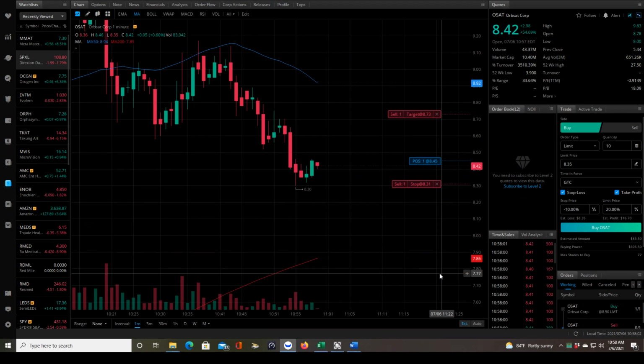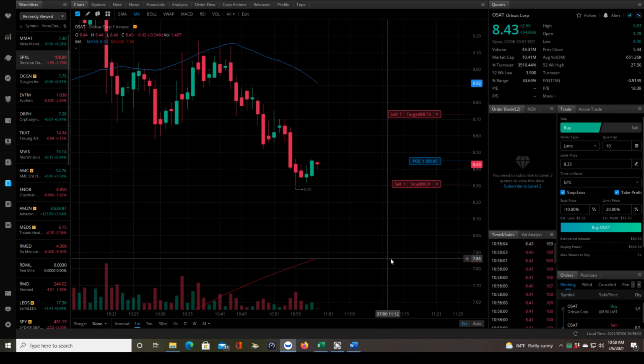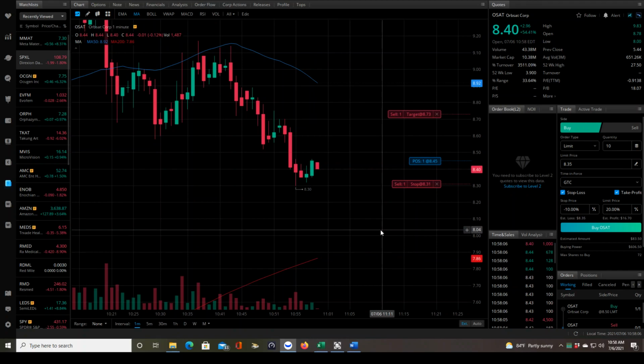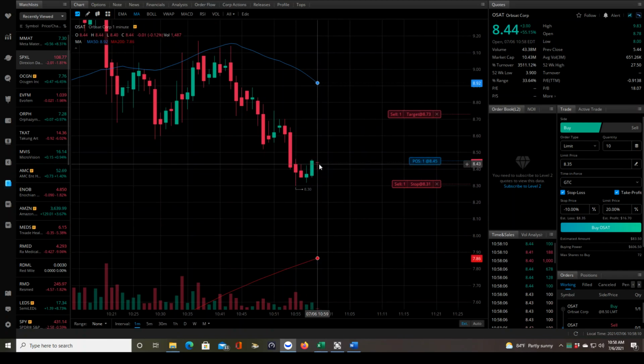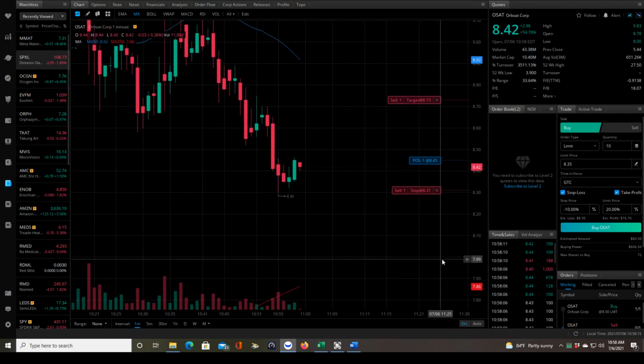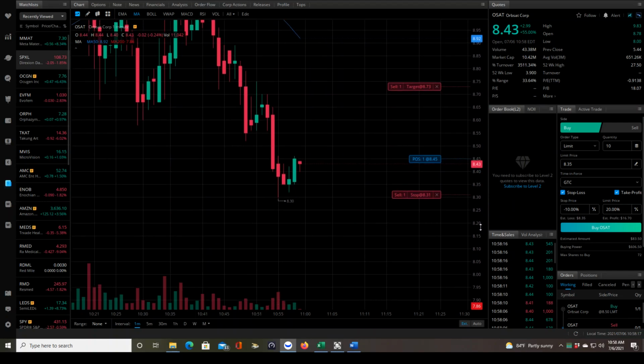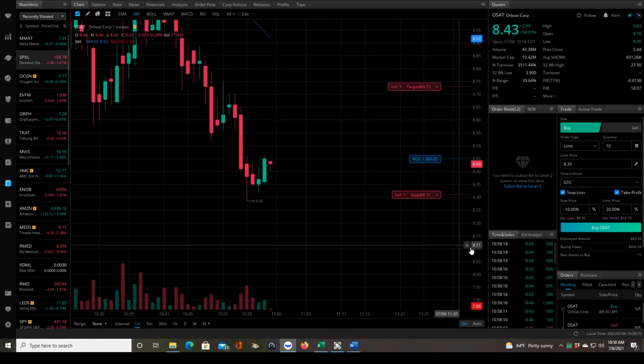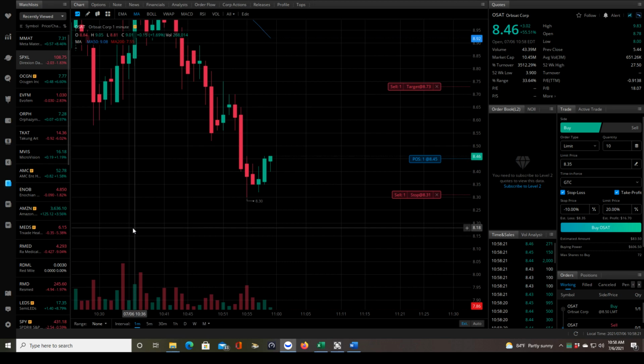And now while we're waiting, okay, it looked like there was a little bit of a candle glitch there on that green candle because you saw the body extend after this candle started to form. So that's something definitely to take note of. If I see any more candle glitches, I'll send this video to Webull, to the tech support. So let's just watch these 1 minute candles form and see if we see any glitches